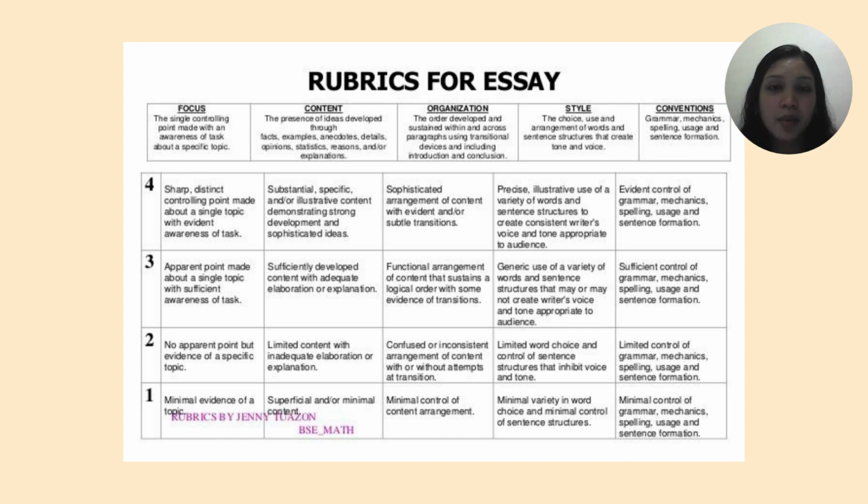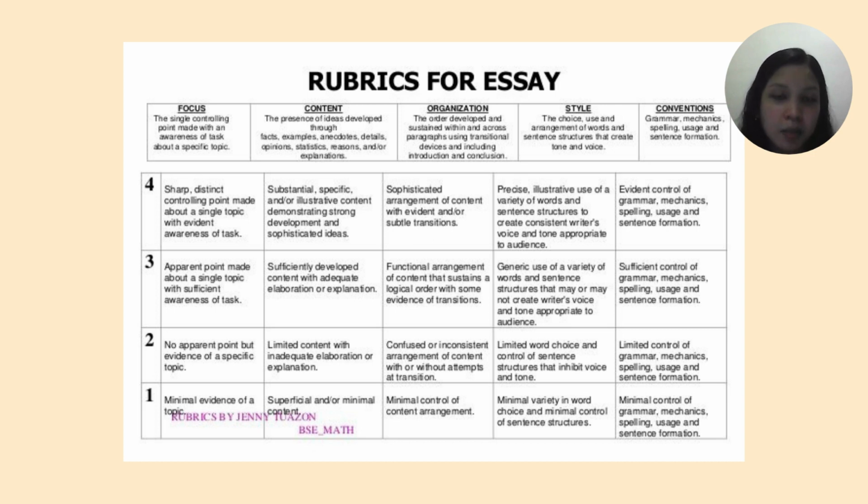So this is the example of a rubric for essay assessment. We have five aspects in here. First is focus. This is the single controlling point made with an arrangement of tasks about the specific topic. And the second is content. This is how they develop the idea through facts,